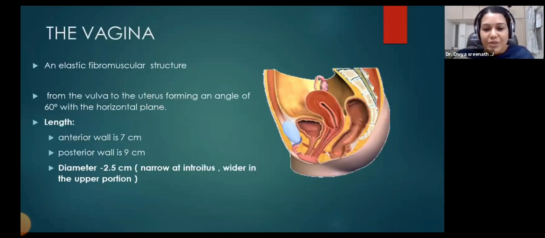As you can see in this picture, the vagina is an elastic fibromuscular structure. This is the vagina portion, and it forms an angle of 60 degrees. This is the long axis of the vagina, and if you are taking the long axis with here, you can see there is a